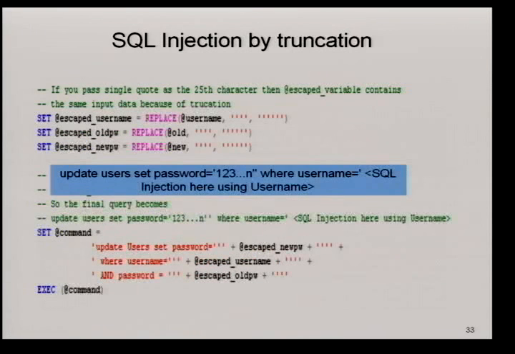So that's exactly update users set password equals to single quote. This is the data that we passed, and the second single quote is the one that's hard-coded by the developer. Space where space username equals to. This entire stuff becomes your new password, and just like before, you have the ability to inject SQL code using the username field. So in this case, you have the ability to inject SQL code by truncating the command, by truncating the variables.